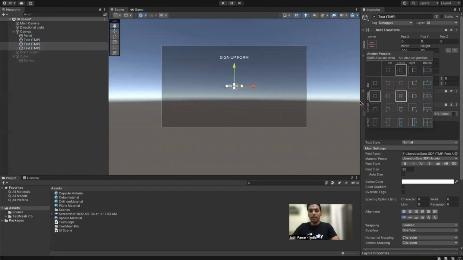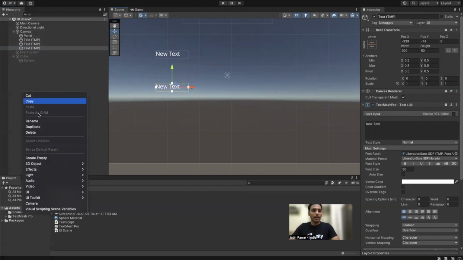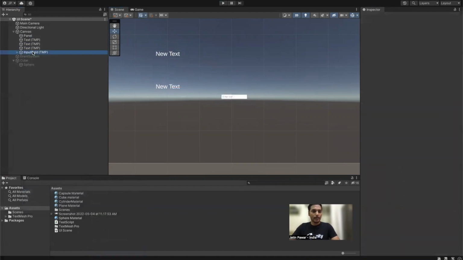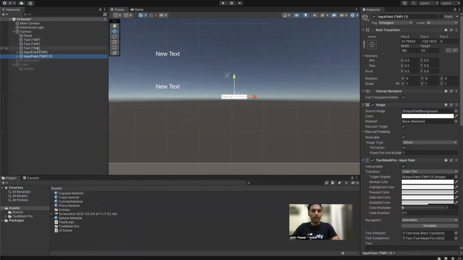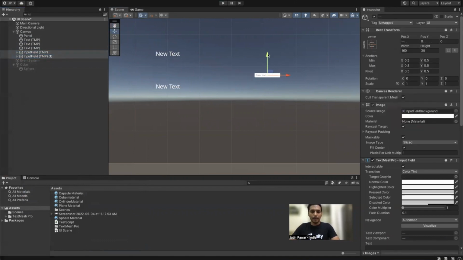Where we want the user to be able to add their input. For that we'll require an input field, and we'll require another one, control D, duplicate. Again I'll center both of them, and then move them and put them accordingly,